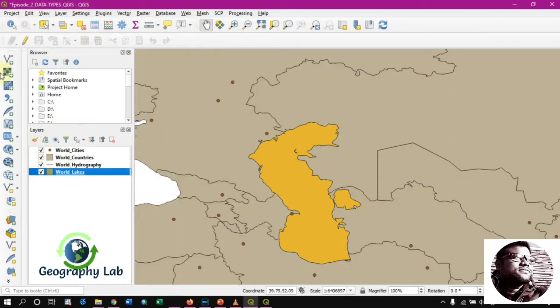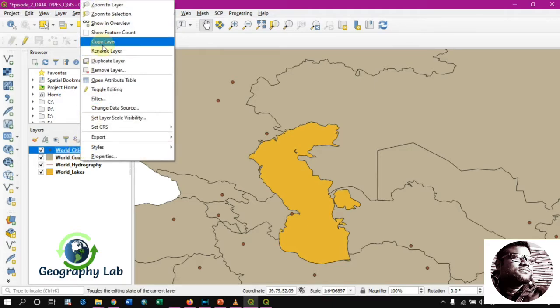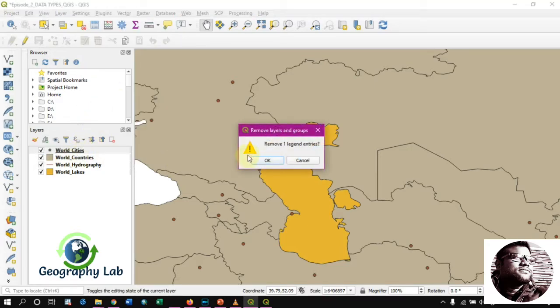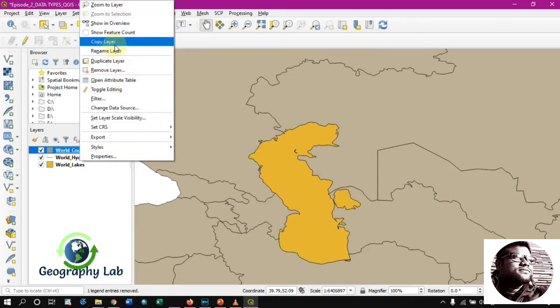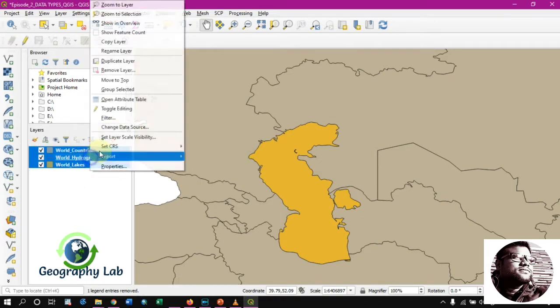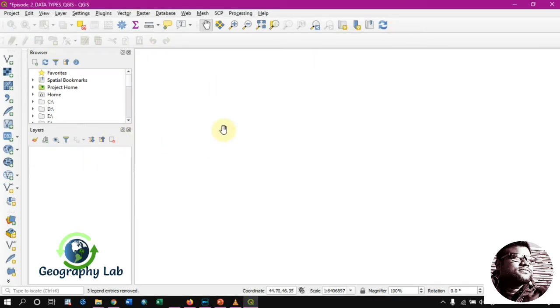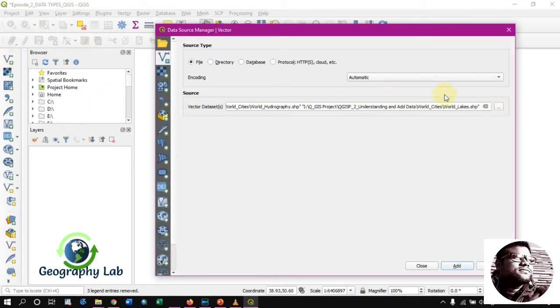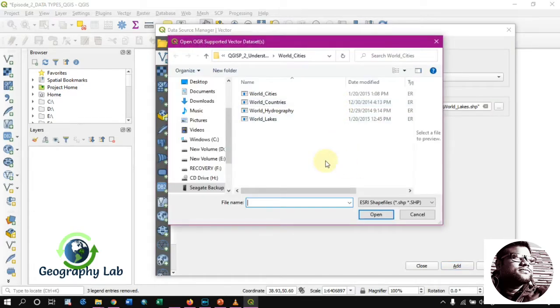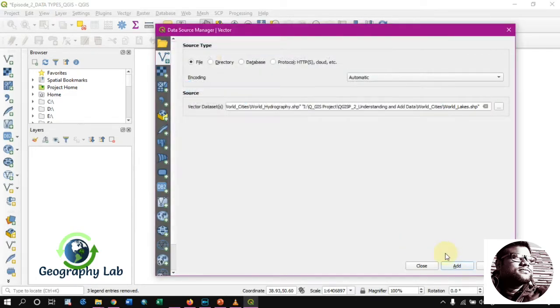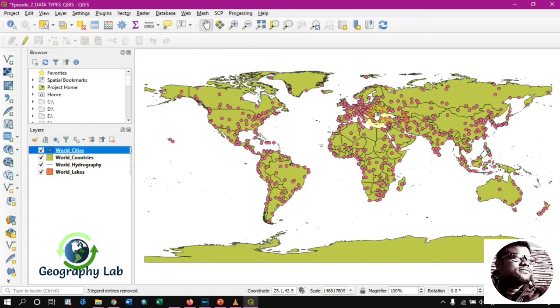Before that, we can also add all this database from here, that is the add vector layer option, and then you have to go to this data and add it, so it will automatically add all these vector layers.